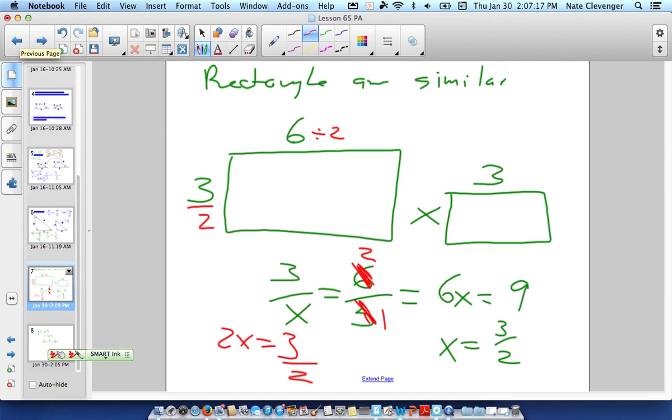It's just, Mr. Clevenger, since you played basketball in college, like